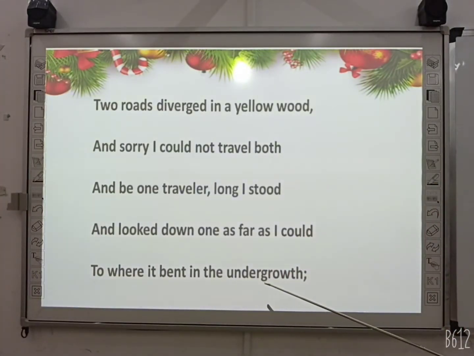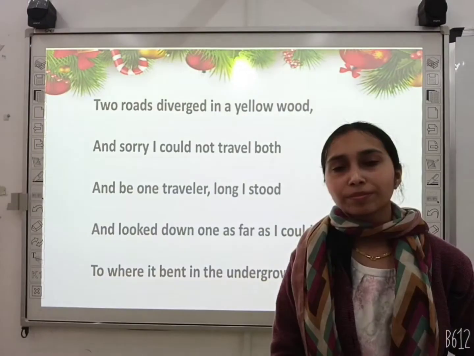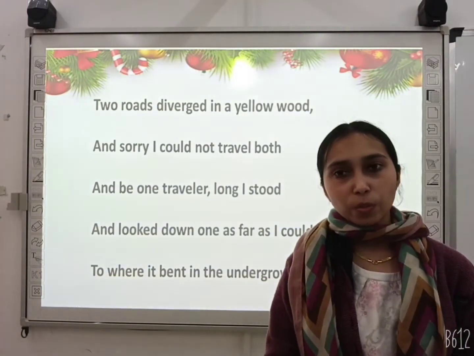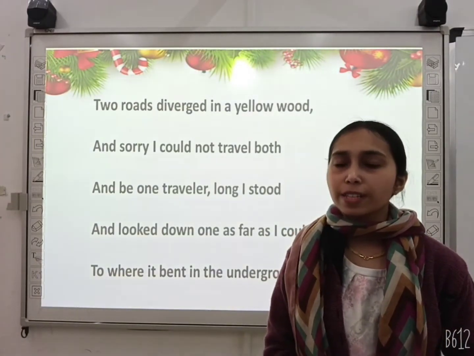Bent in the undergrowth. That means the road had a bend and undergrowth. That means the plants and the shrubs which are growing around started to cover the road. In the sense, he was not able to see the road further. The yellow wood in this stanza